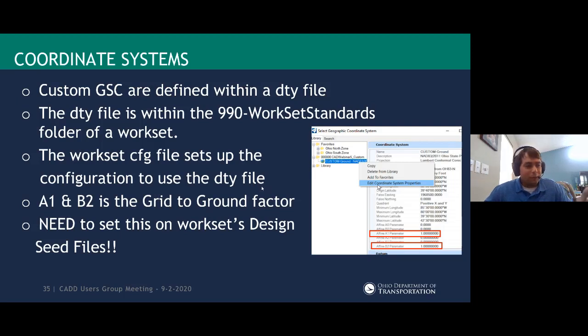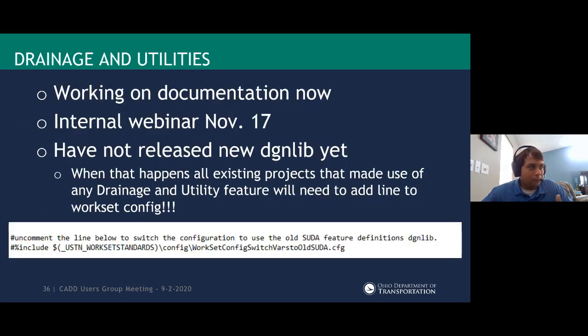Drainage and utilities, I said I was going to bring it up. So I first want to just formally apologize to everybody. I know I showed this back in February, and I said I got to clean some stuff up and I'll release it. And here we are in September, and I haven't released it yet. So that is definitely on me. Every time I tried to go and finish it off, other things kept coming up. So it's no excuse. It should have been out by now. So I am getting back to just getting this out.